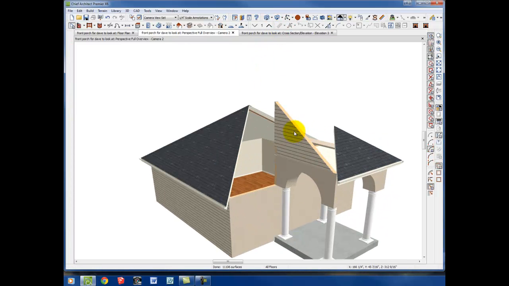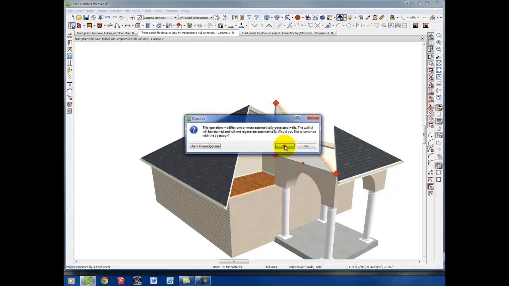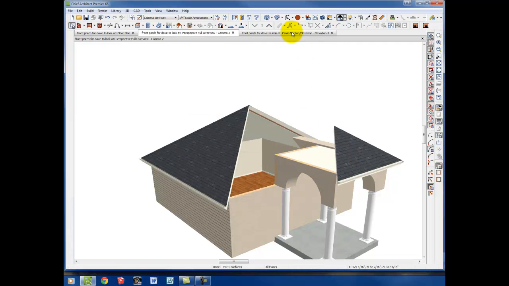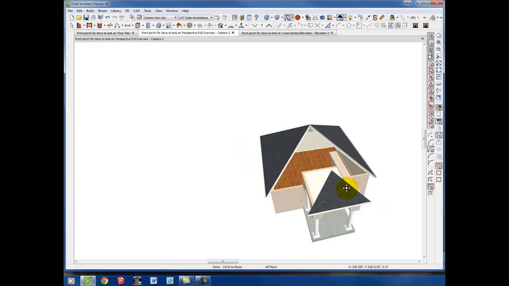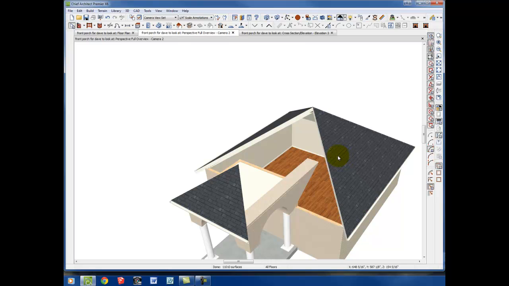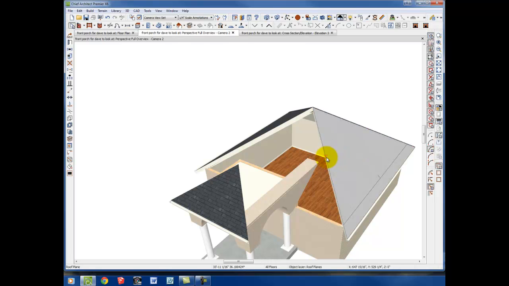Okay. See, the attic walls being generated because of this roof. See, the attic walls are funny and they do act a little weird, so you have to kind of play with them as you go. But what I could do now that I have this roof is I can cut it where I want to, stab it there. Cut it about here as well. And I should be doing this in the other version, but